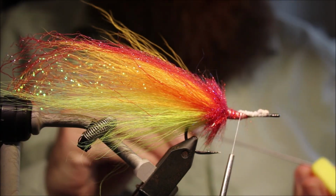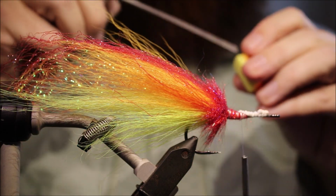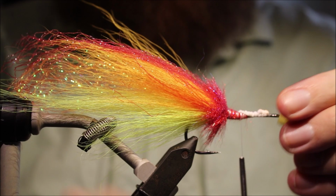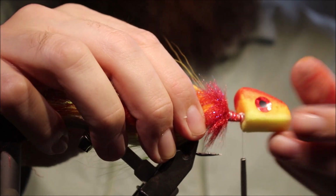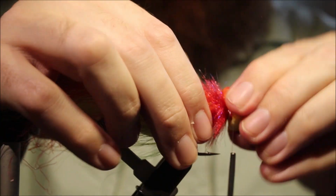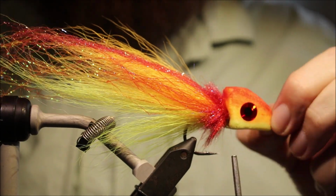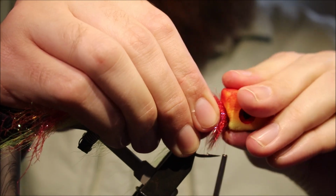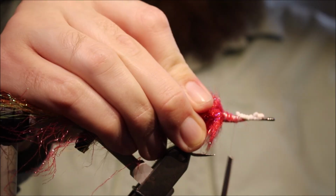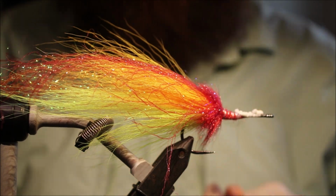Maybe to widen this a bit. It's a good idea to make sure the hole's a bit big, otherwise you can tear the foam as you push it over the eye. So that's perfect. Fits on nice, the eye's nice and clear. It's hard up against the brush. Fits just good. So, quick finish,